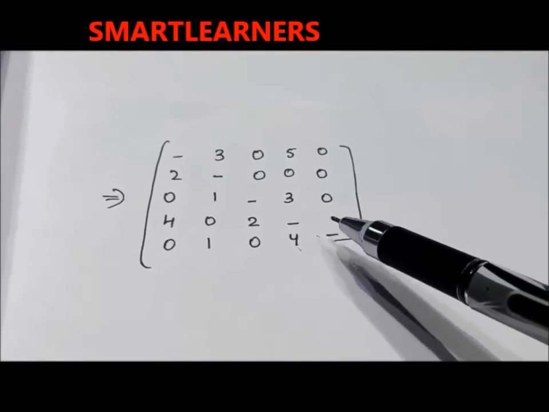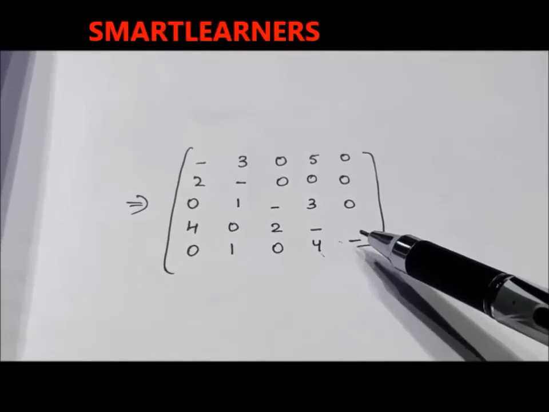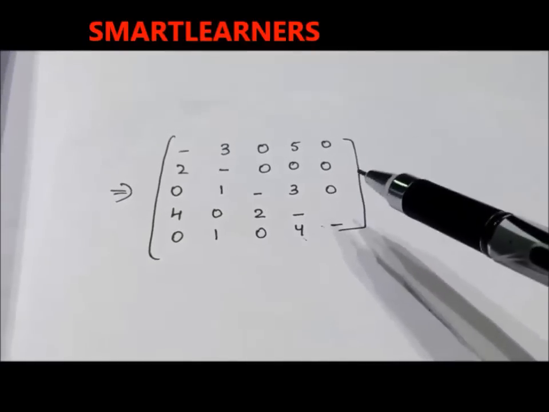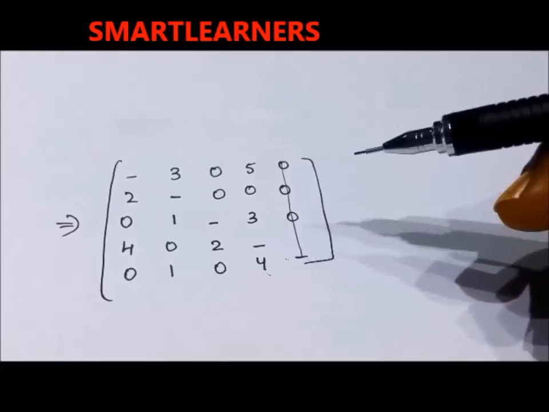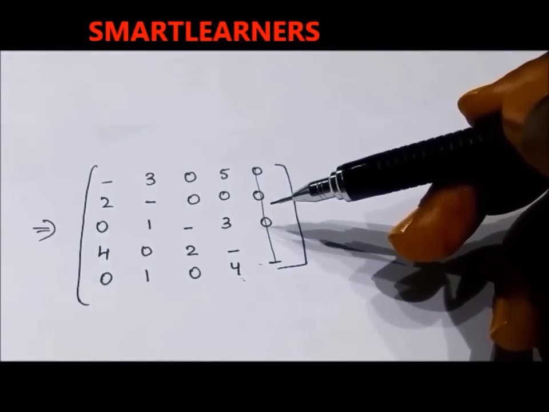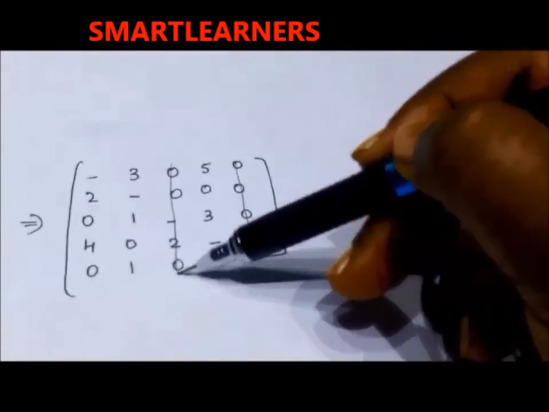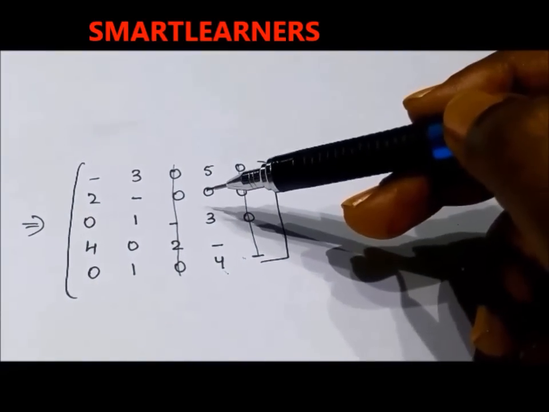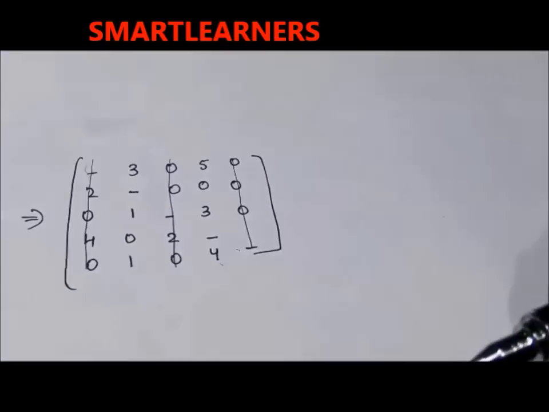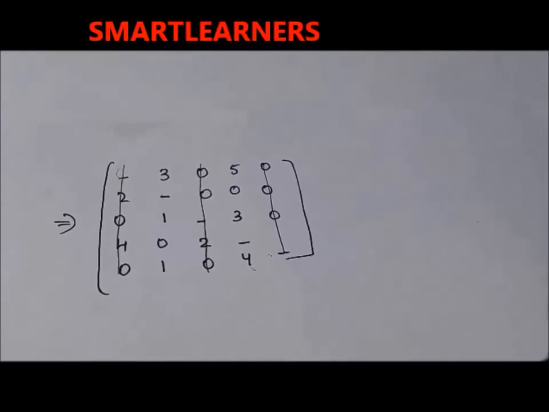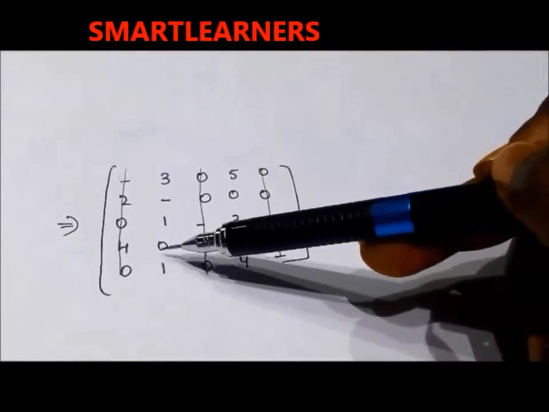So let's go ahead and check whether the n equals N condition is satisfied now. Let's start joining the zeros. This way I am connecting 3 zeros, and again this way I am connecting 3 zeros. And this way I am connecting 3 zeros. So almost all zeros are covered except this 0 and this 0.